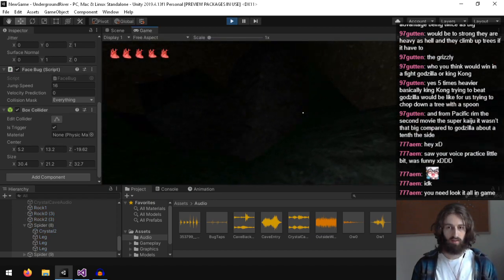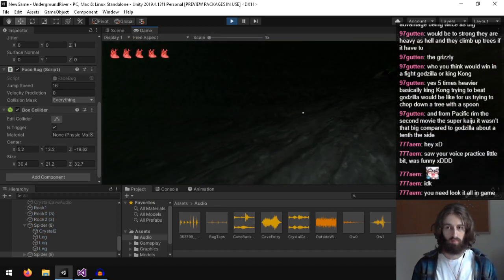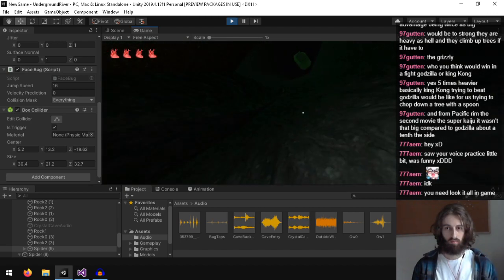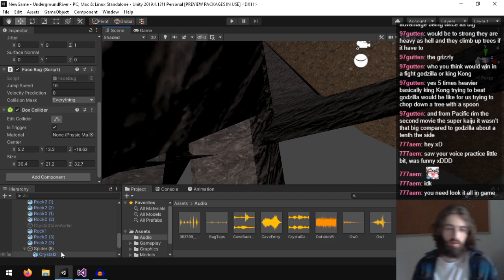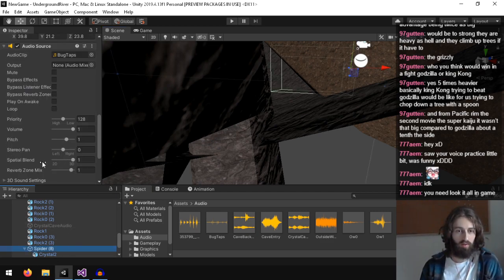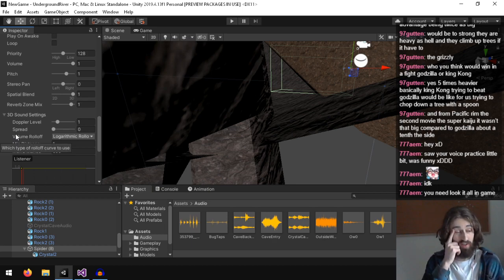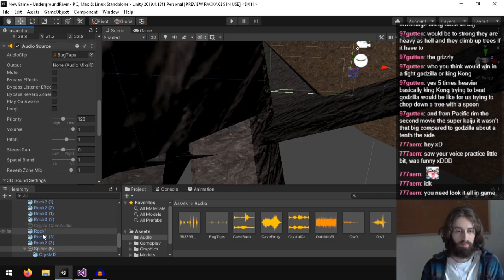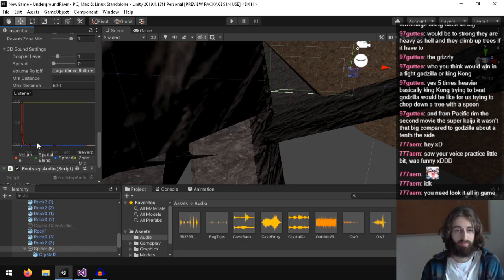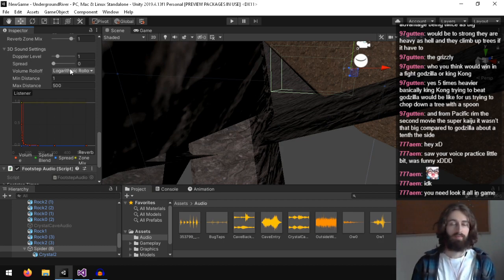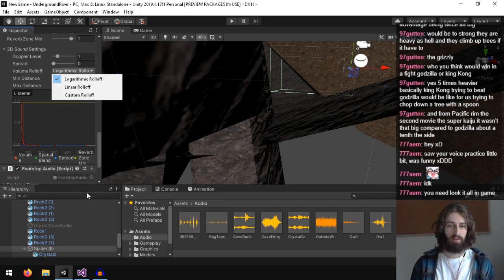Let's see. Yeah. Does it have spatial audio? It does have spatial audio. I feel like I should have these fade out quicker. Is there any way I can like scale up the logarithmic roll off?